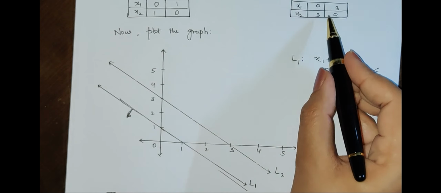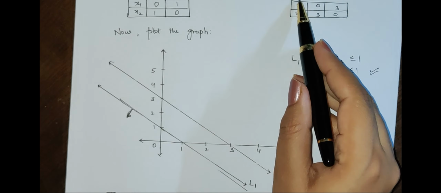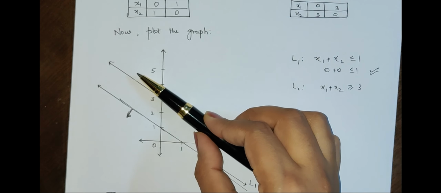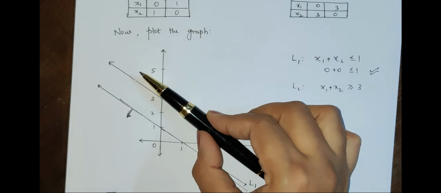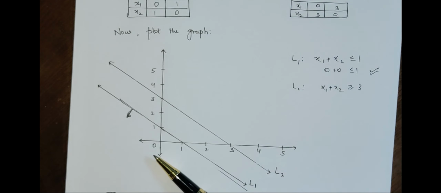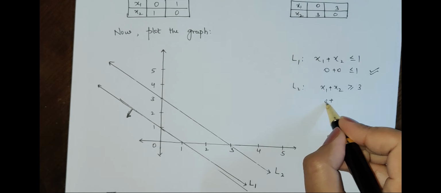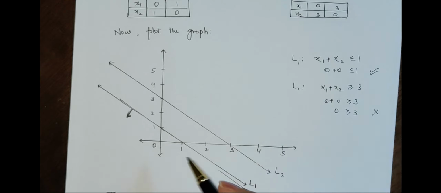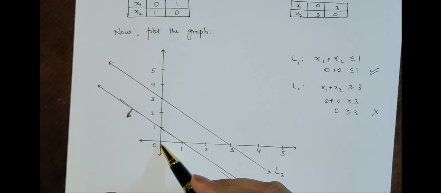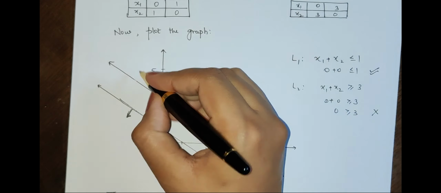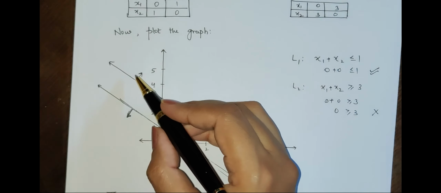And let us come to line L2. What is my L2? L2 is x1 plus x2 greater than or equal to 3. Again, this is my L2 line. It divides the plane in two parts, below the line and above the line. I will look at a point below the line, which is very easy to calculate, that is the origin. So we get 0 plus 0 is greater than or equal to 3, meaning 0 greater than or equal to 3, which is false. So this is not a favorable region where we have the origin. It means the other one is my favorable region. So the favorable region for line L2 is above the line.